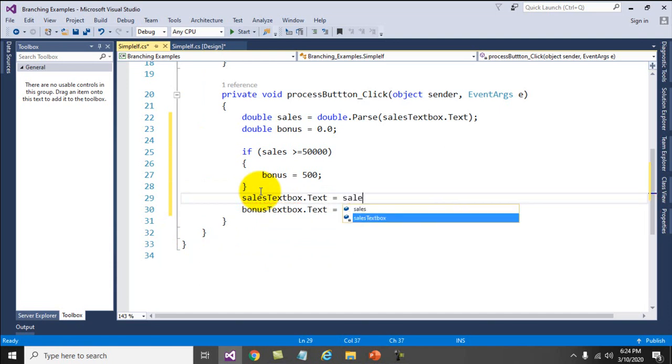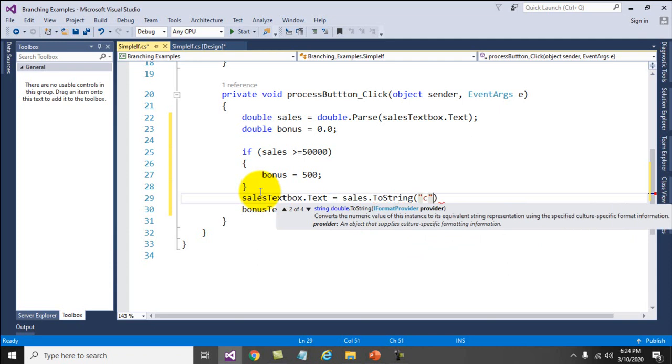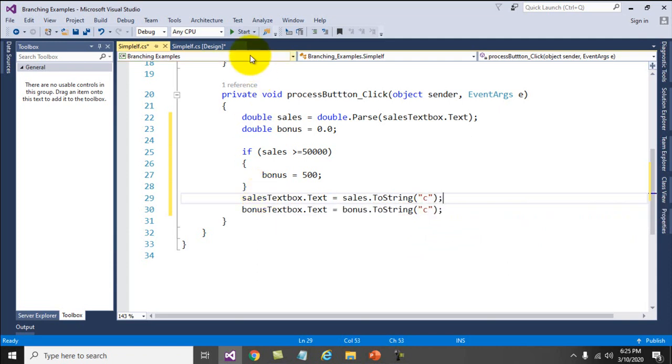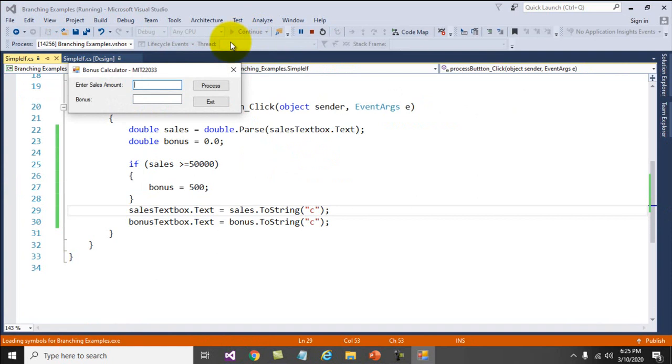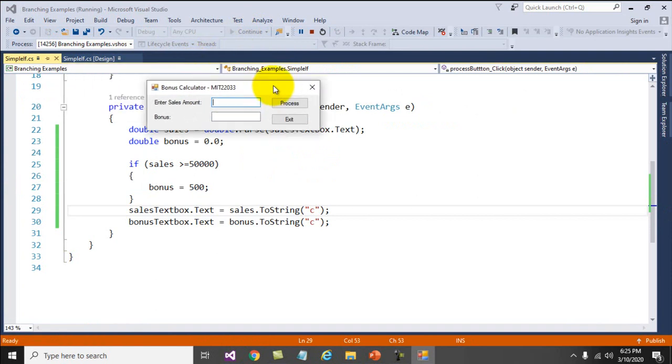Text equal sales.toString currency. Let's run this project, and I'm going to enter 40,000. Nothing happens. If I make it 55,000,